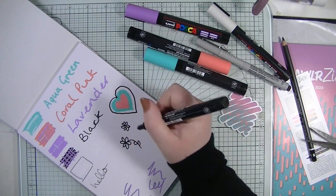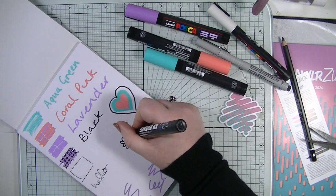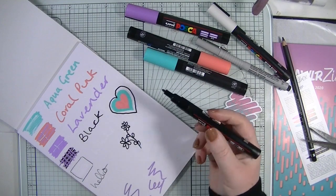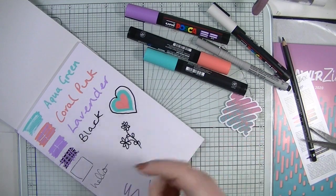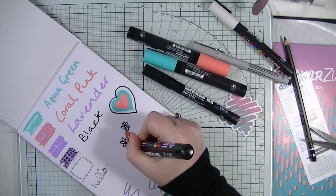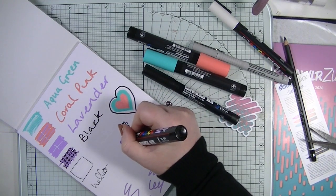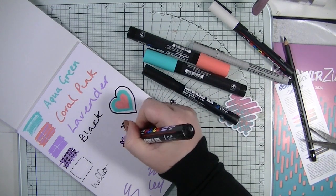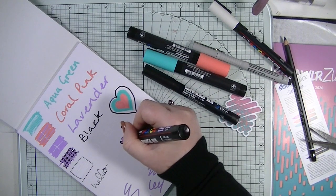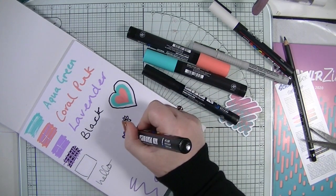these are going to be so much better, because the first ones that I bought were literally the ones with the metal. They were the thinner ones, and they just didn't work. So I just thought what I'll do is I'll keep using them in my videos, especially when I'm doing my mixed media pieces, and then you can see whether or not